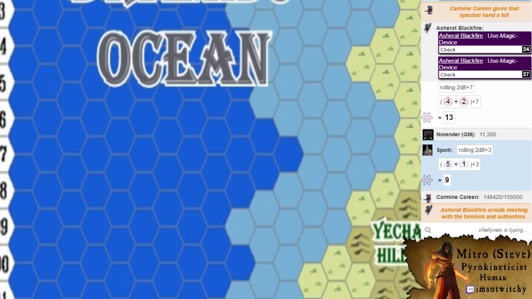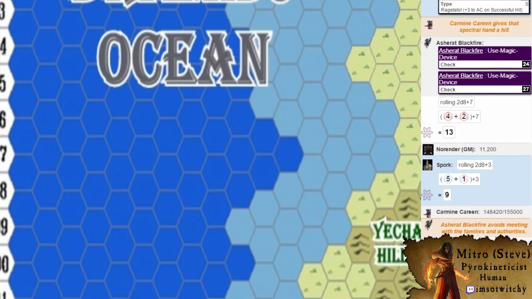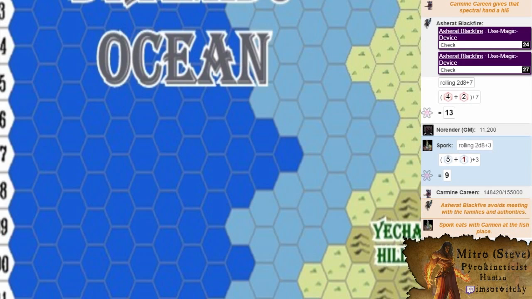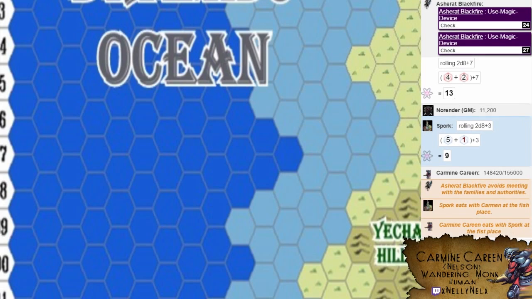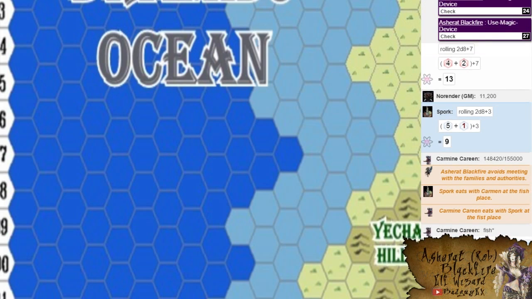If you want, overnight I can try to get you guys a way back to your actual base, and have everyone else that does it go back there and find a way to connect the two. If not, you guys can travel by foot or whatever you want to do. Either way, the spell's going to be done, whether you want to wait for it or not. I don't know what you guys have on your to-dos. Well, we'll see what everybody else does. I like that Spork is eating with Carmen, but Carmine is eating with Spork at the fifth place. It's a very-